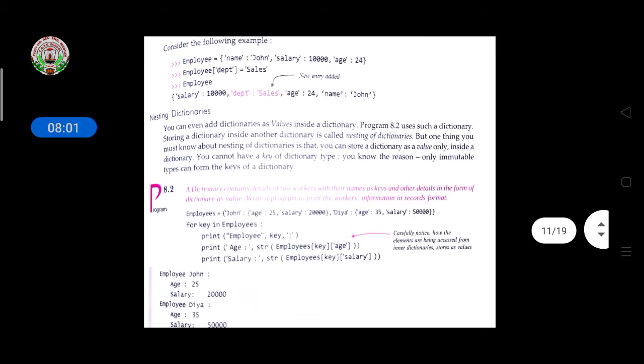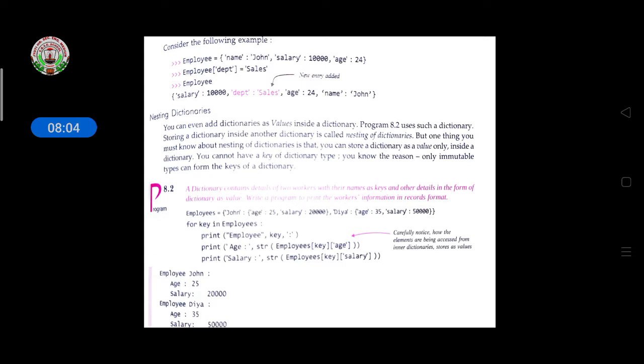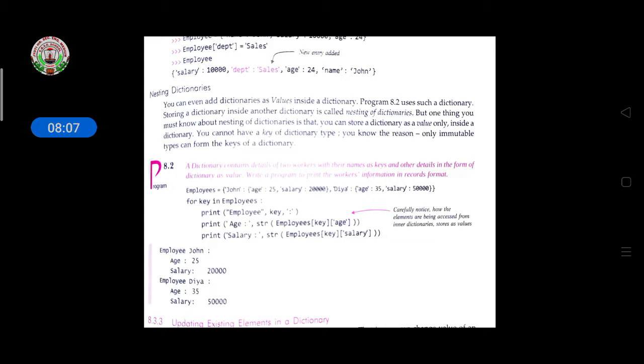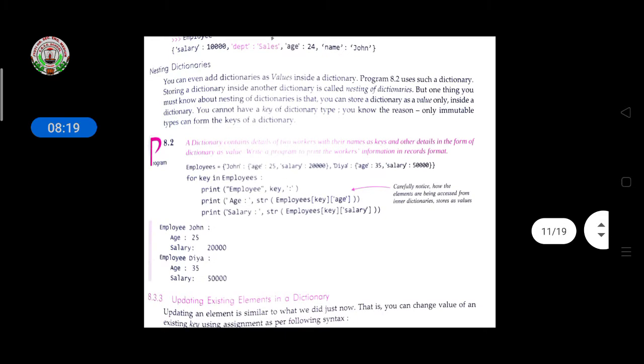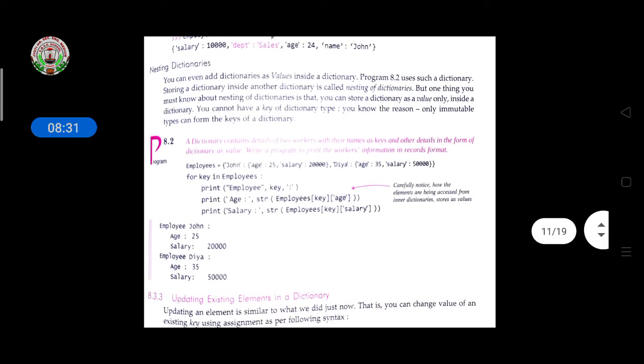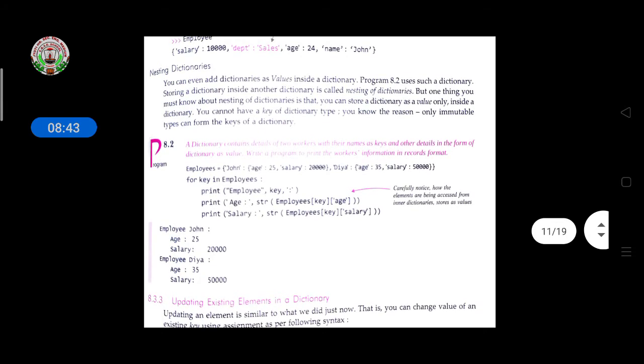Nesting a dictionary means we add data one by one, stored in dictionaries. Here an example is given. The dictionary contains details of two workers with their names as keys and other details in the form of a dictionary as values. Write a program to print the worker information in record format. First you write the worker details: name, age, salary, and there are more than one employees. What we want to display, we first call print employee key.